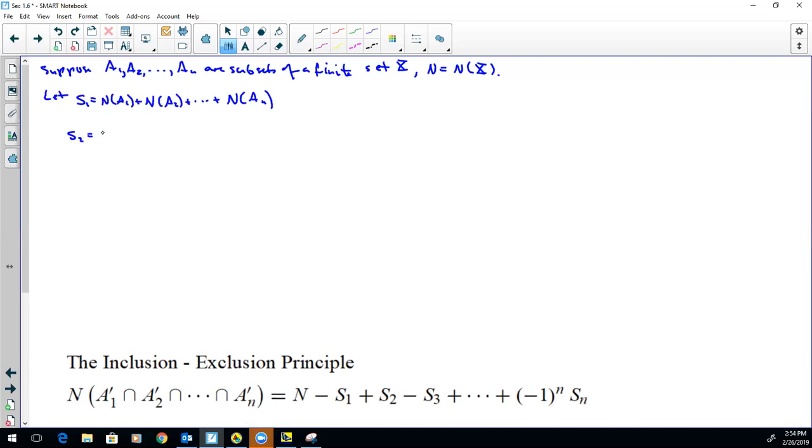S2 is going to be the number of elements of A1 intersected with A2, plus the number of elements of A1 intersected with A3, plus dot, dot, dot. I'm leaving an awful lot out when I do all the dot, dot, dots. Plus the number of elements of AM intersected with AN. So in other words, this is the sum